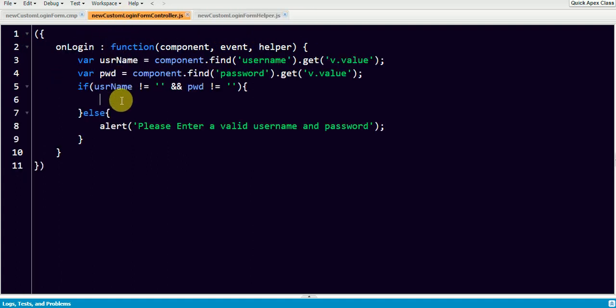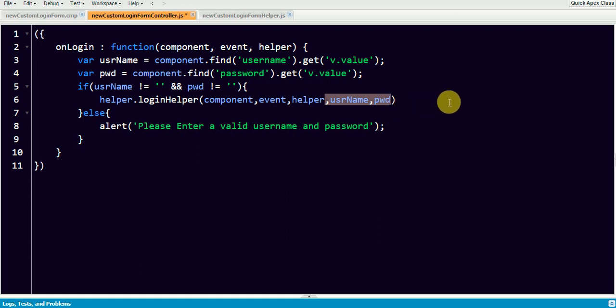So once the user has entered username and password, I'm gonna call this function called loginHelper. Here I'm gonna pass the username and password as well to this helper function. I'll add the similar thing here as well, the helper function.